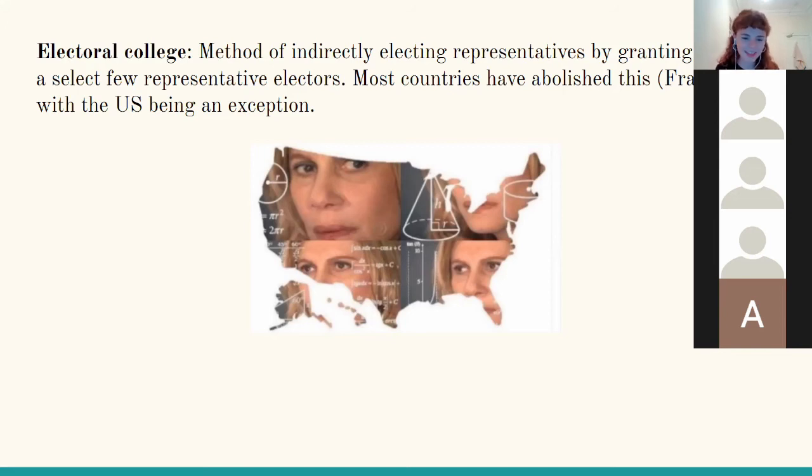I think the reasons historically why this has been done is because you couldn't get everybody to travel to one centralized location where all the votes were being tallied. But obviously now we can just send votes to places or have more voting centers. And it's not like you have to go on donkey to Washington, D.C. to tell them who the people of Nebraska want to vote for. So it's kind of archaic and most countries don't do it anymore.